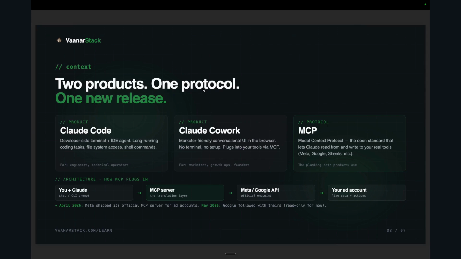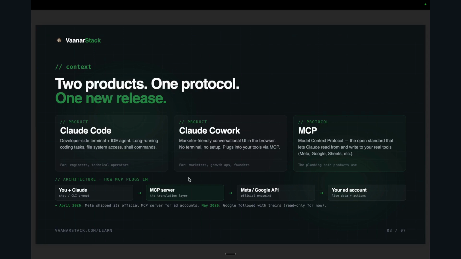You would see that all the standard software are now releasing their MCPs, because they are realizing that instead of people coming and operating on a front end UI, people are just prompting and interacting via LLMs rather than doing it directly. Meta released its official MCP some time back, and this session is on that. Google also has an MCP which is read only. I'm going to explore that and maybe share more details about it sometime later. That's the context of MCP.